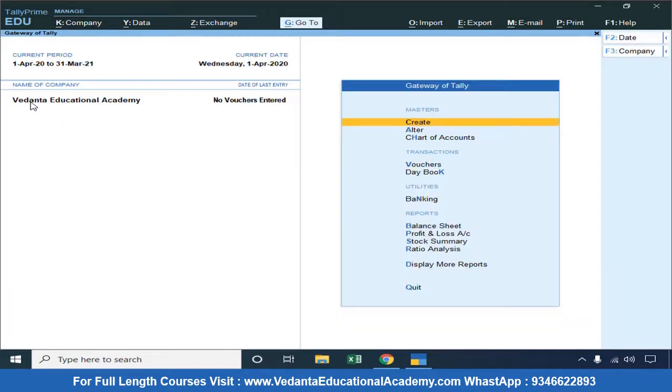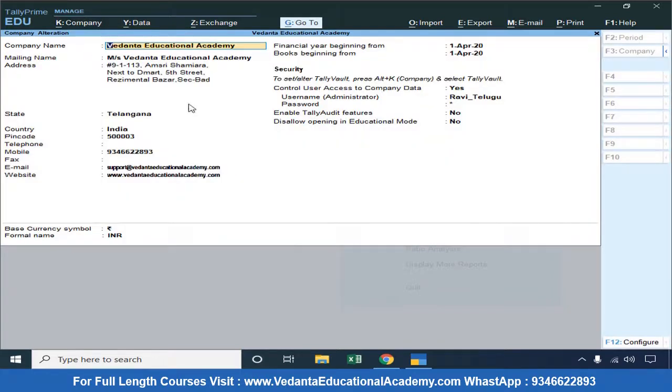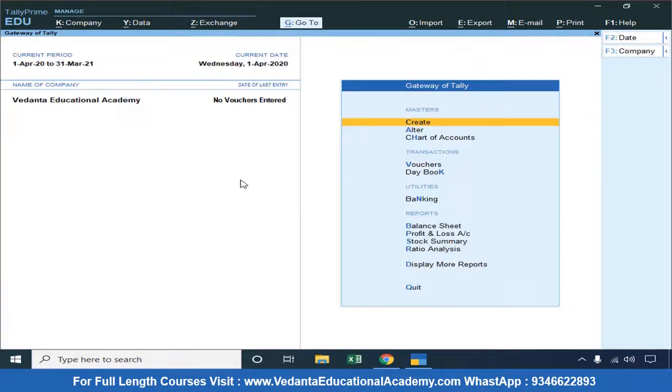The company name is Vedanta Educational Academy. If you want to alter any company mobile number, company website or company email, then just go to company and go to alter, where you can see the alter function. In this alter function, you also can change your address, and whatever modification you want to make, you can do. Once the modifications are done, directly press Ctrl+A to save the company. Or else if you want to delete the company,